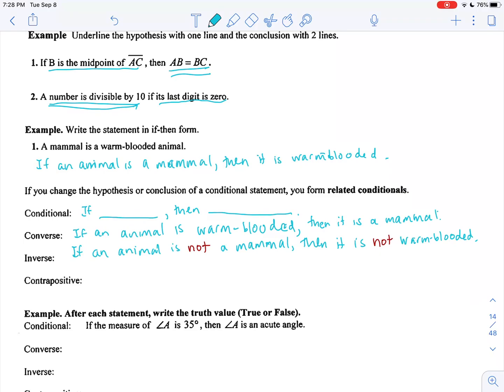And finally, the contrapositive, the word that has the longest statement, actually does two actions. It negates it as well as flips it. So the P and the Q part switches as well as adding a not to it. So if we're going to switch it first, we're going to have the warm-blooded part come first. So if an animal, and then negated as well, is not warm-blooded,